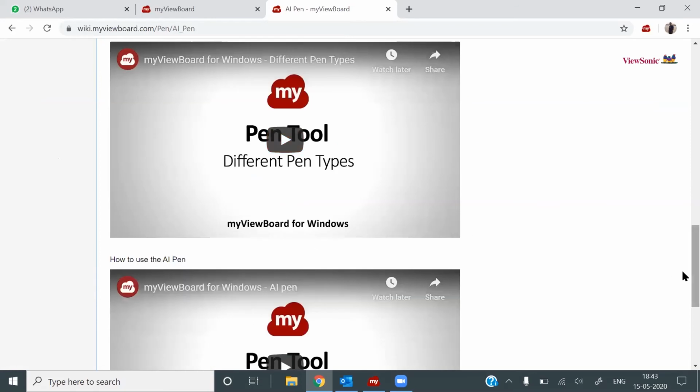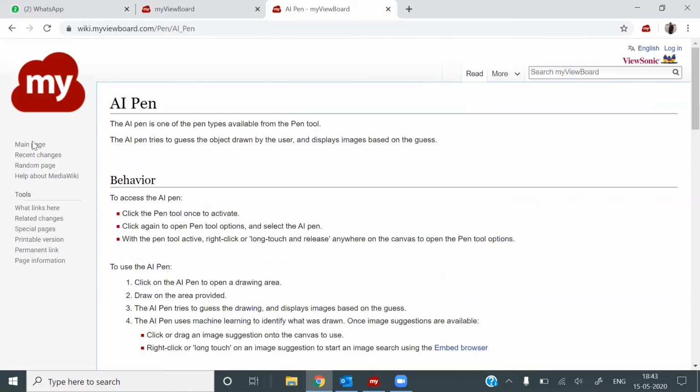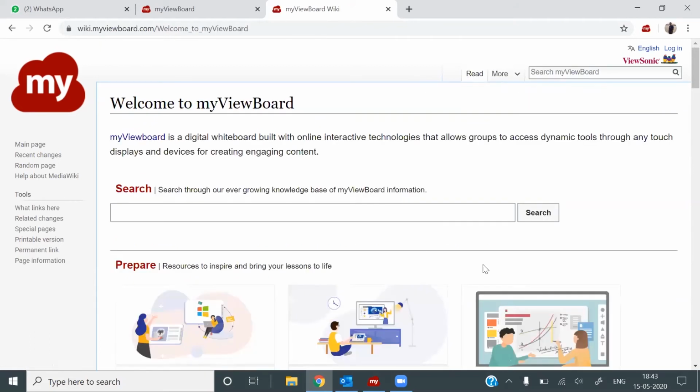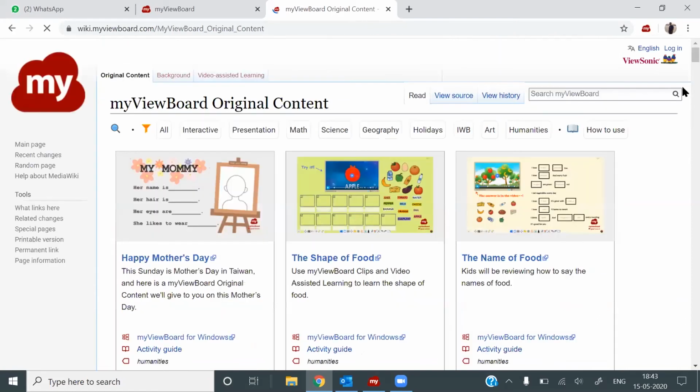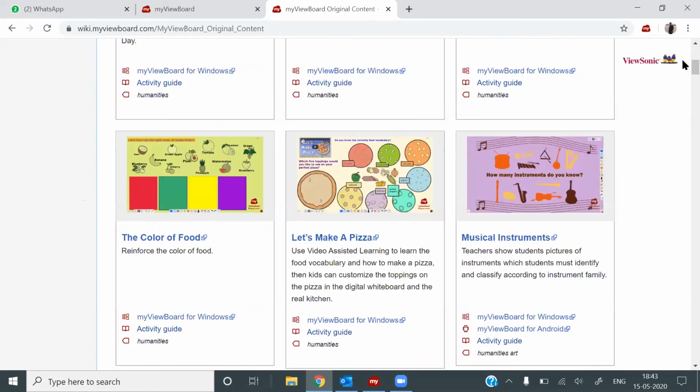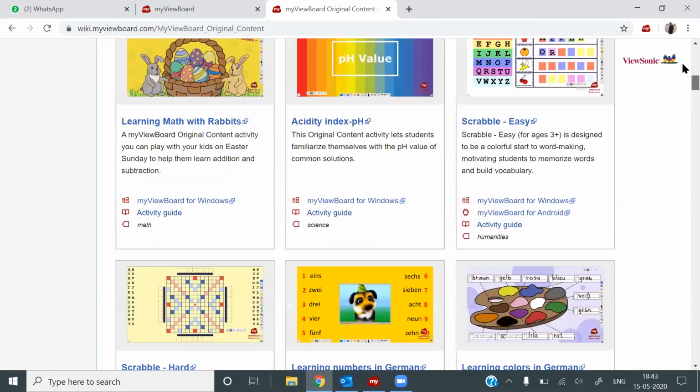On Wikipedia, teachers can also find different teaching content for different subjects to help students relate to it. As you can see, there are thousands of pieces of content for teachers to utilize according to their subject.